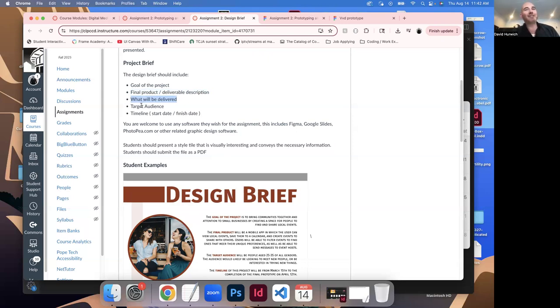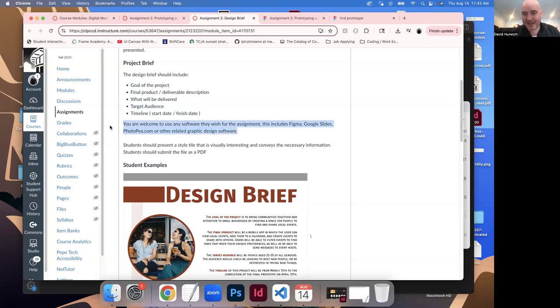What's the timeline? That's a very important thing in real life. In the real world, time is money. How long is this going to take? Because that means how long you're going to have to pay people for, right? Or when will it be delivered? Who's the target audience? Who are the people who want this thing? If it's an app, who wants this app? Who's realistically going to download and use this app? Okay.